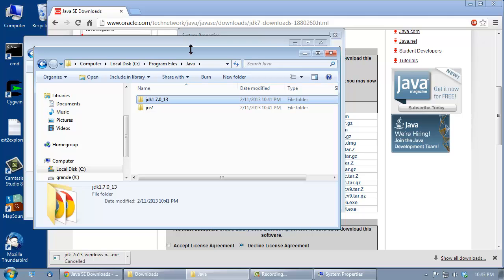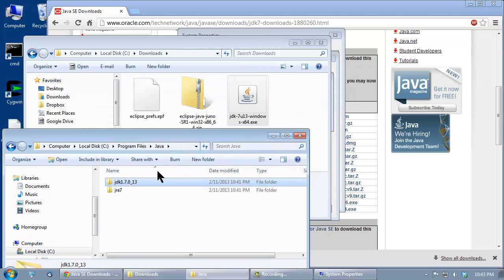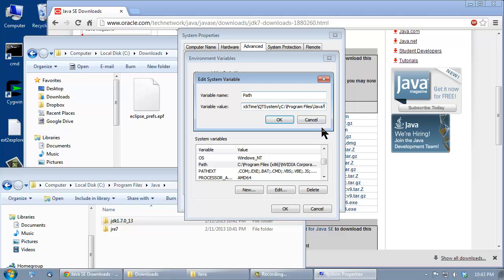Now we can see that's the number we need to put in there. So C:/Program Files/Java/JDK 1.7.0_13. And then we need one more thing,